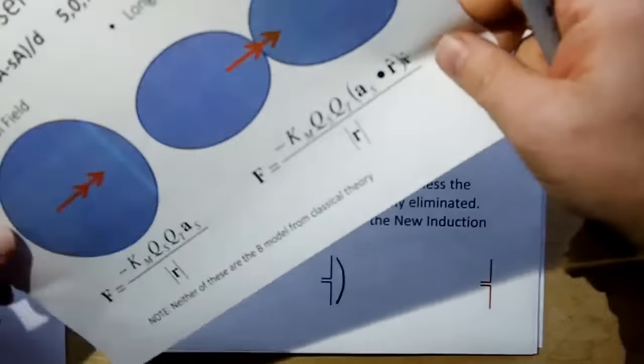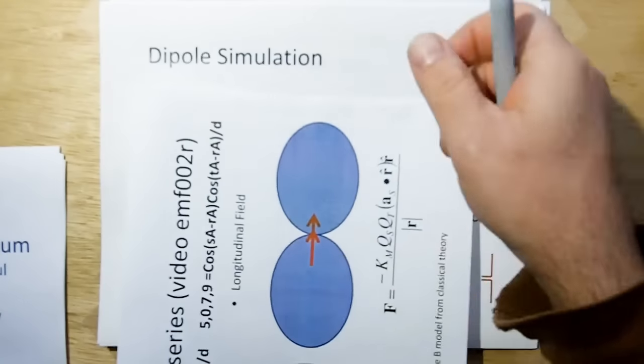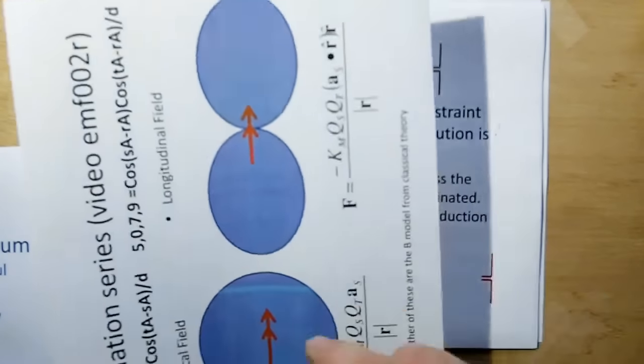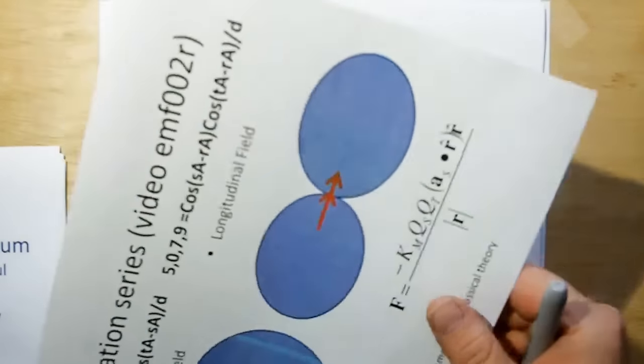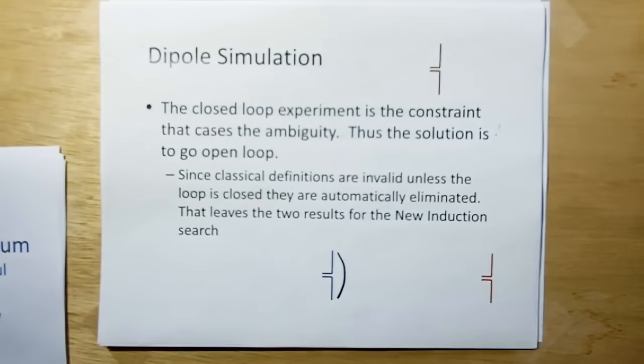Okay, if it's this one, I'm only going to get basically a field pattern that pretty much looks like that. If it's this one, I'm going to get a field pattern that's pretty much spherical. And that will be a way to disambiguate the two. It should be. If it doesn't, we got more work to do. But that's okay.